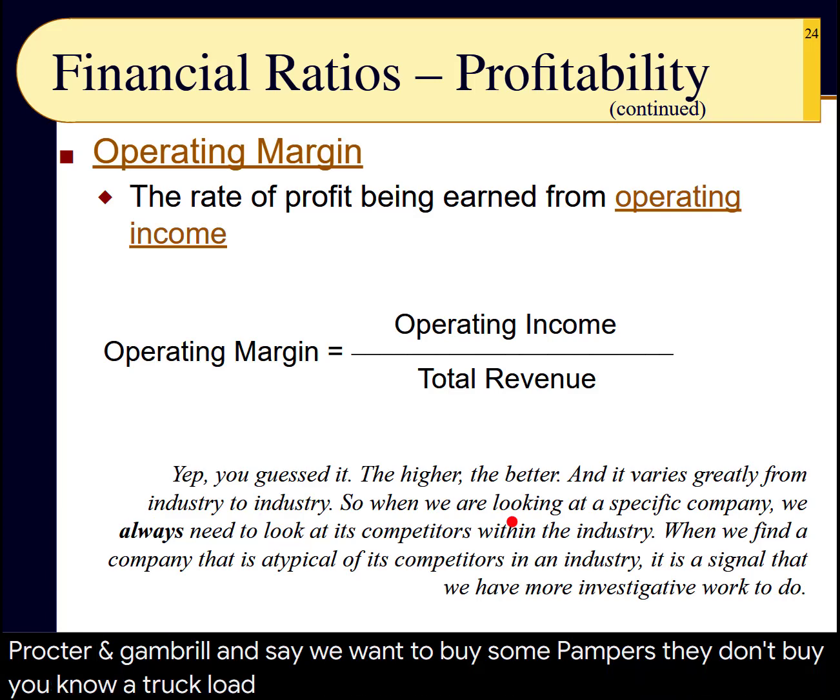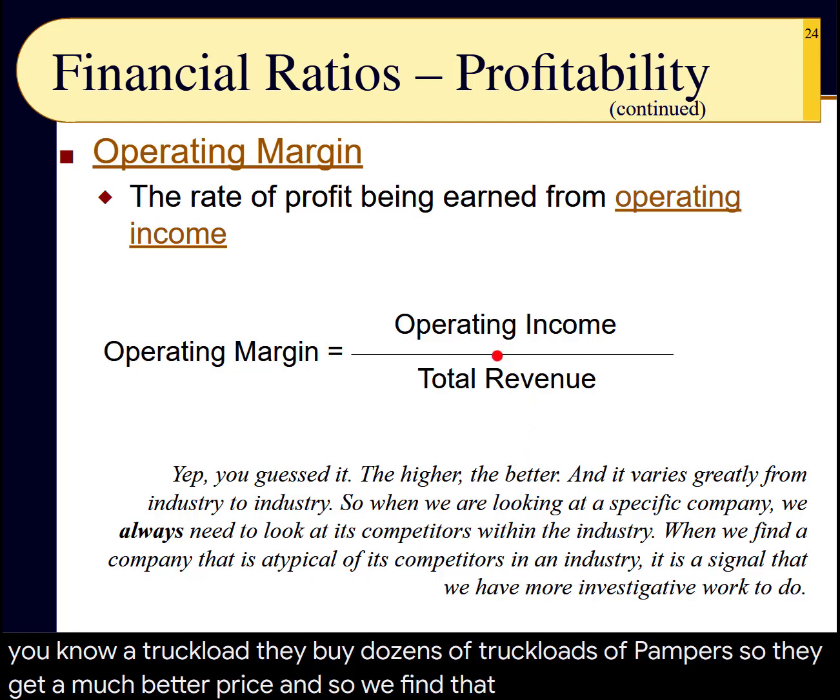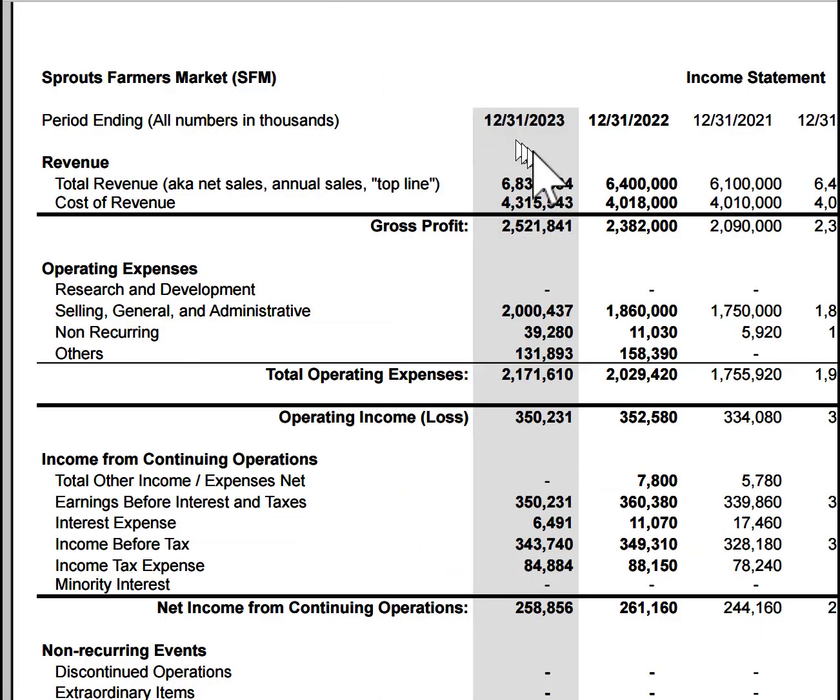Now, the operating income takes it one step further. Instead of the gross profit, we look at the operating income. So that is the next step down the income statement. So now we took away the cost of goods sold. Now we're taking away all the operating expenses, and we're left with $350 million of operating income. So I divide that by the $6.8 billion, and I get